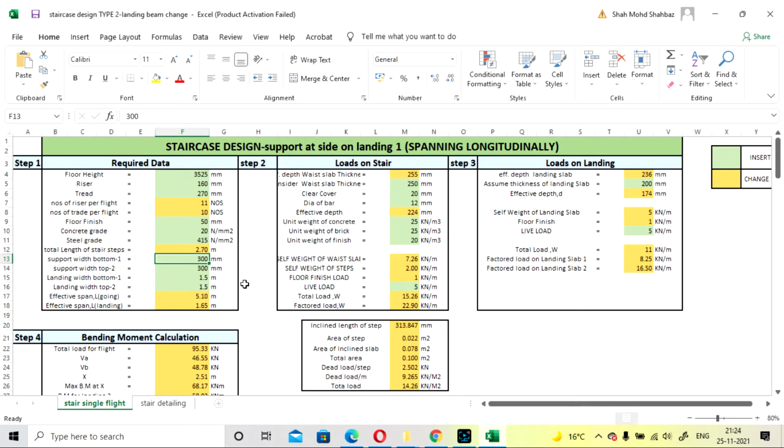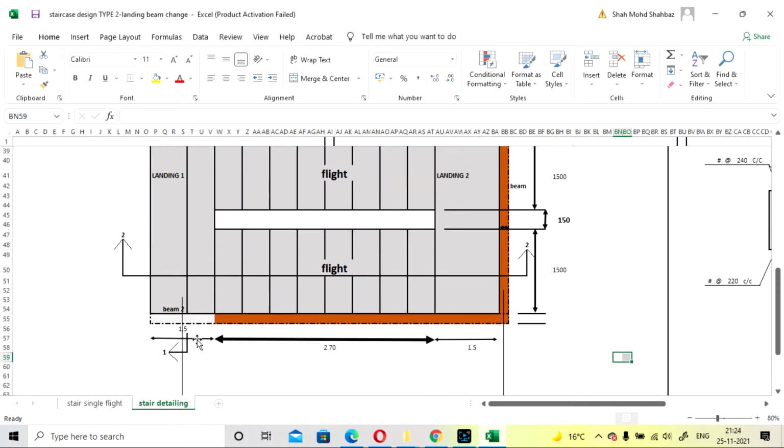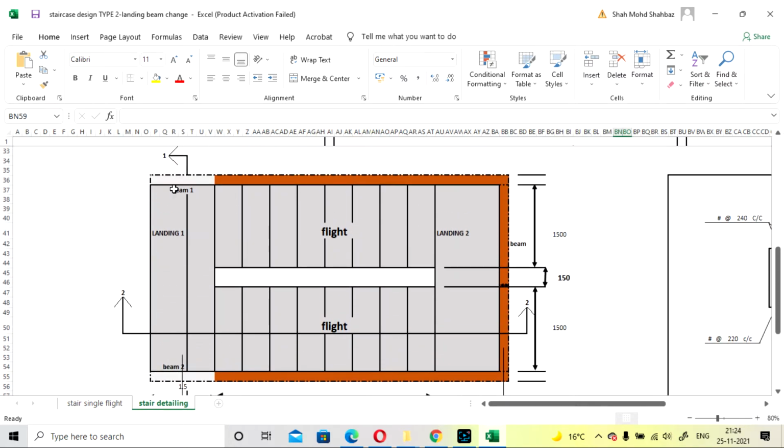Then the support with bottom one and support with top one. These are the supports that are given, which is the beam width. Supports are a beam or wall, whatever was there, so you have to mention that support. Bottom means on the floor level, this one, and top means on the mid landing level.